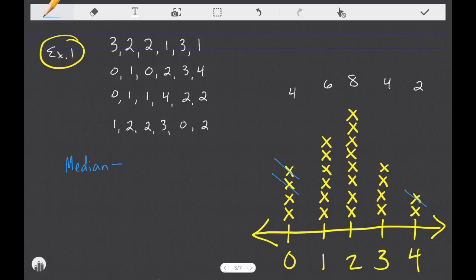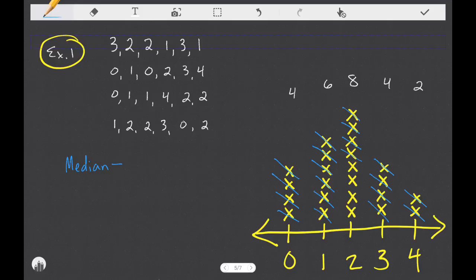And so what we're going to do is cross off the X's, and we're going to go from top to bottom. And what that's going to allow us to do is work our way towards the middle. So as you can see, I have 4 cross-offs here on the left and 4 cross-offs on the right. We're going to cross off another one here. So we have 5 and 5, 6 and 6, 7 and 7, 8 and 8, 9 and 9, 10 and 10,